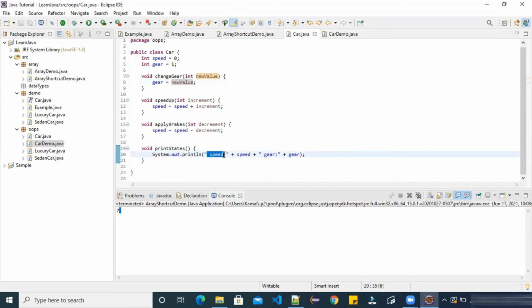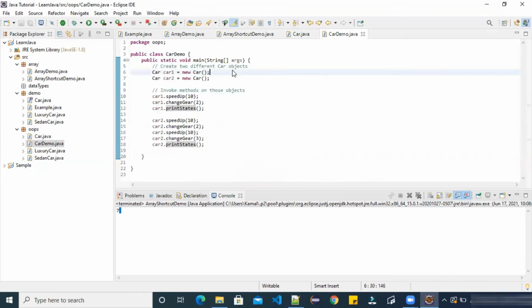One thing you can notice here is that this is inside quotes, so it will be printed as it is, and speed is a variable here, so its value will be printed along with it. Similarly for gear, the text inside double quotes will be printed as it is, and gear with whatever value it is currently holding.